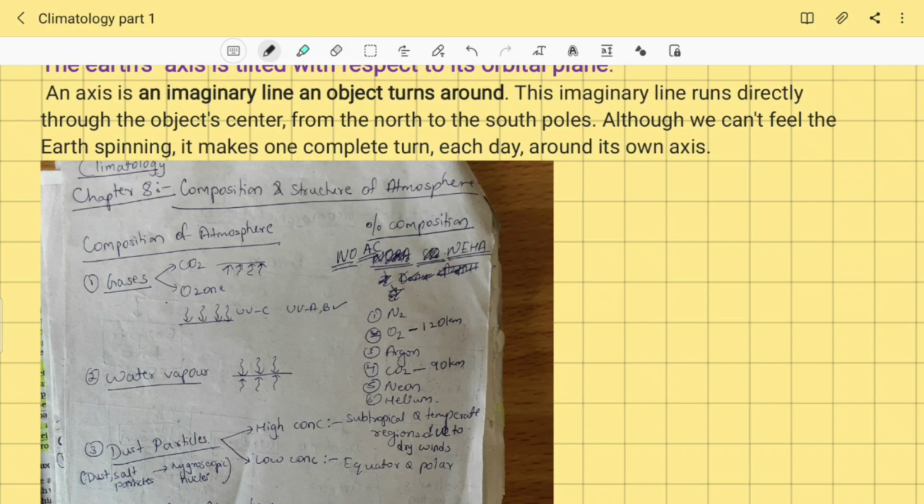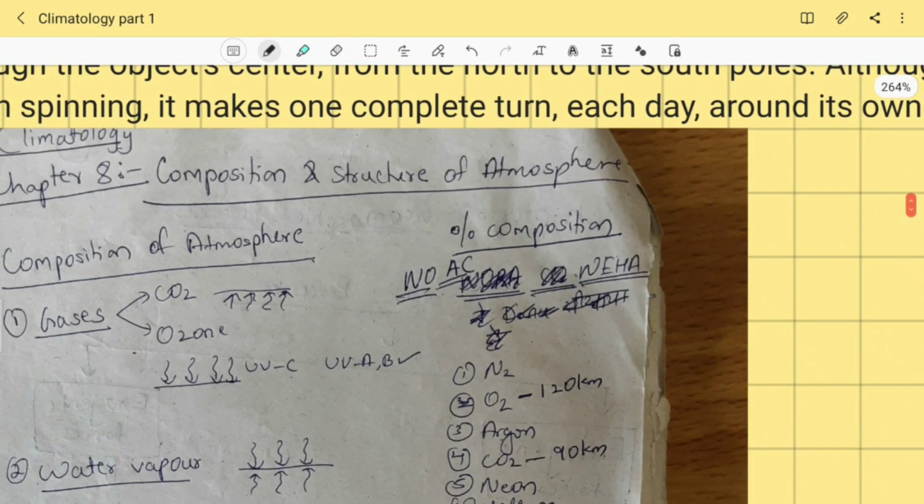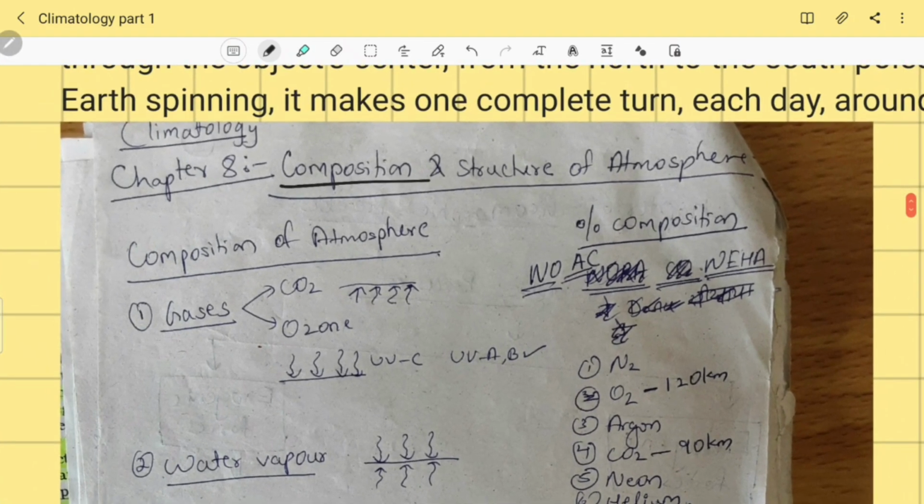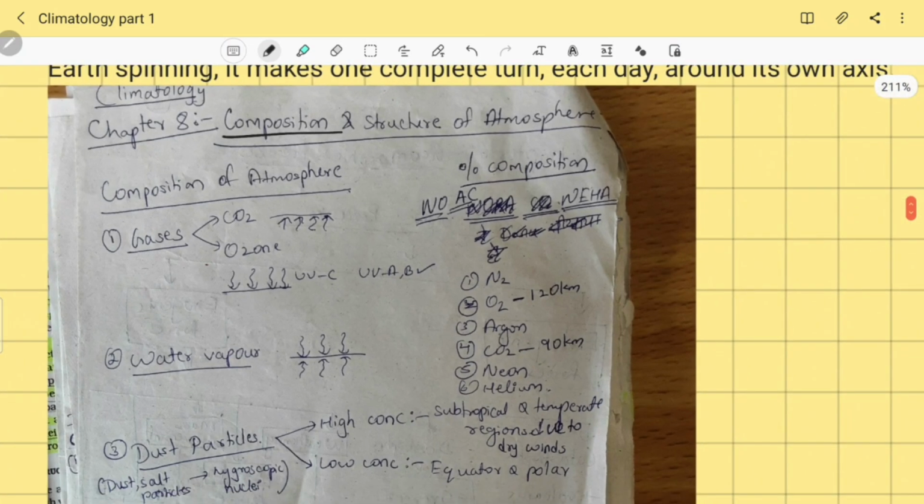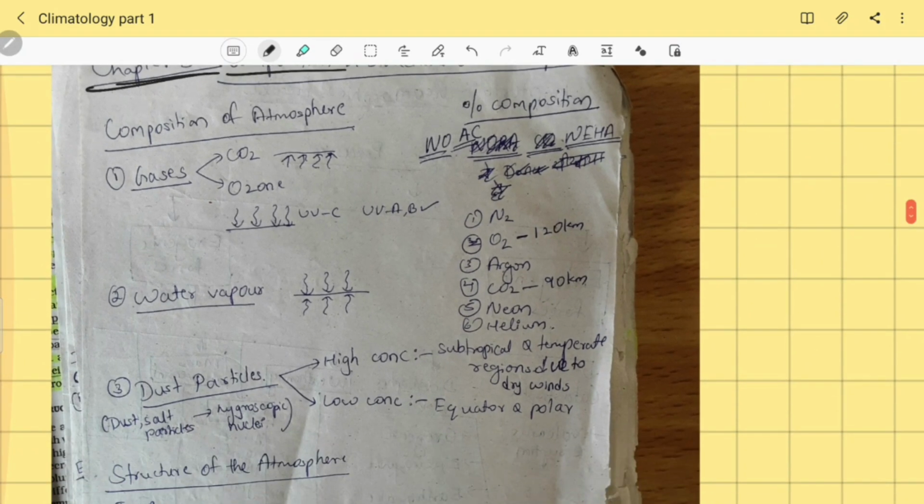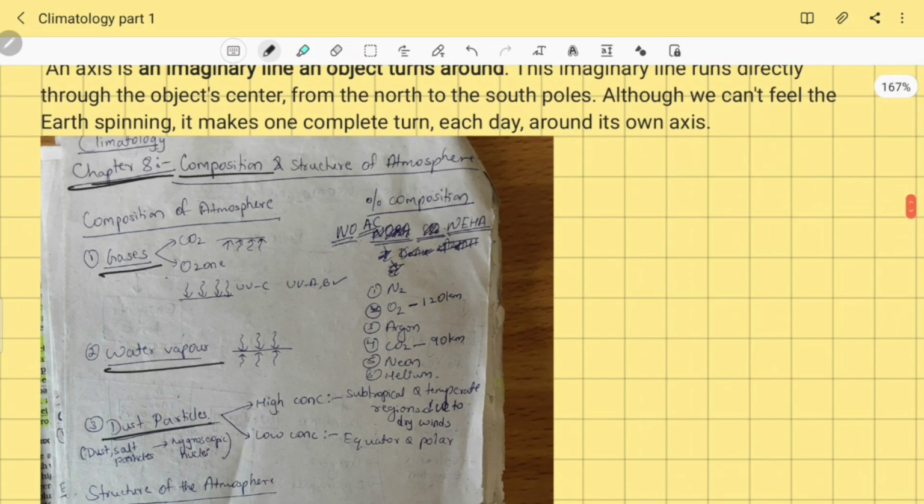So in the composition and structure of atmosphere, first we'll be studying what is the composition of atmosphere. See, this is chapter 8 of your NCERT. In this chapter they have given mainly three things as the composition of atmosphere. One, they have given gases. Second, water vapor. Third, dust particles. Before going into this, one more thing I would like to tell you is, we need to know